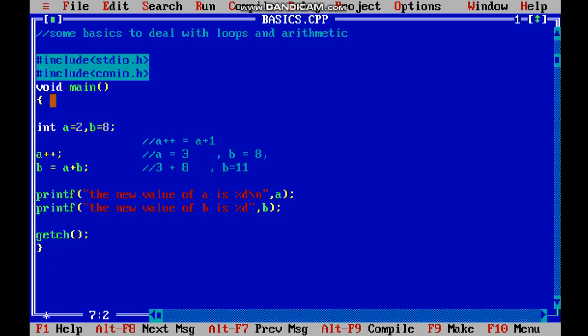Success. Control F9. So what we see is the new value of A is 3, the new value of B is 11, and without giving a new line, the same answer is repeated again because the last answer was also the same. The new value of A is 3 and the new value of B is 11.